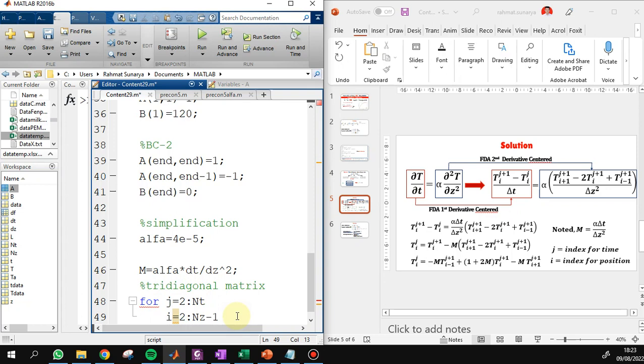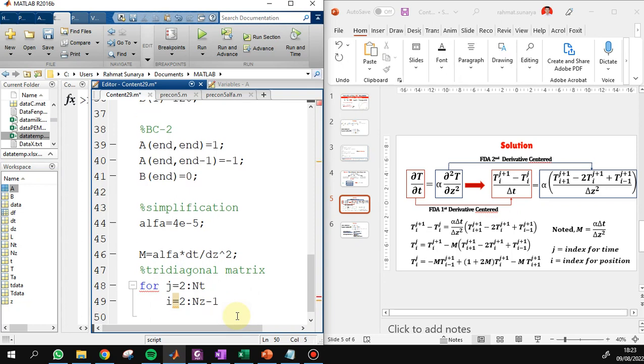First we fill the A matrix. A matrix coefficient: A(i, i minus 1) equals minus m, this form, subscript i minus 1.